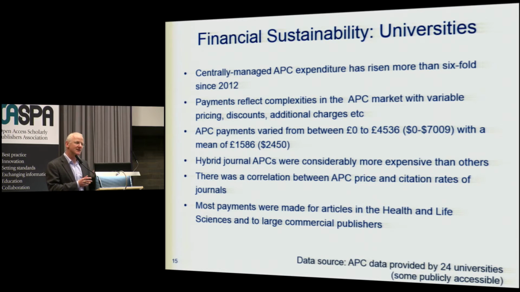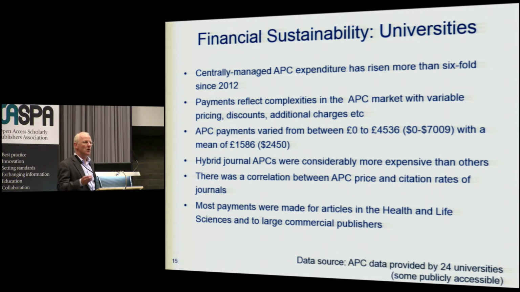£4,536, in fact. £0 where it's a highly discounted payment, and there were quite a few zero payments because of the way deals are structured, and we recorded those at the amount the institution paid, so we get a real sense of what institutions are paying, right up to over £4,500. The mean was £1,500 or so pounds, which I think fits with what Salvatore said more or less in terms of the levels there.